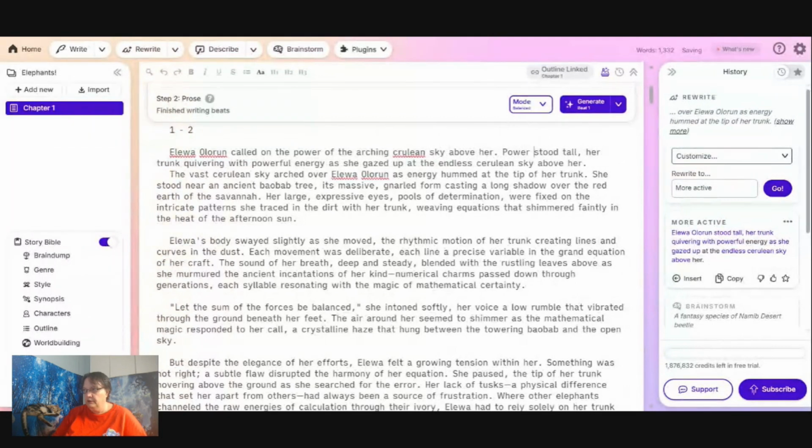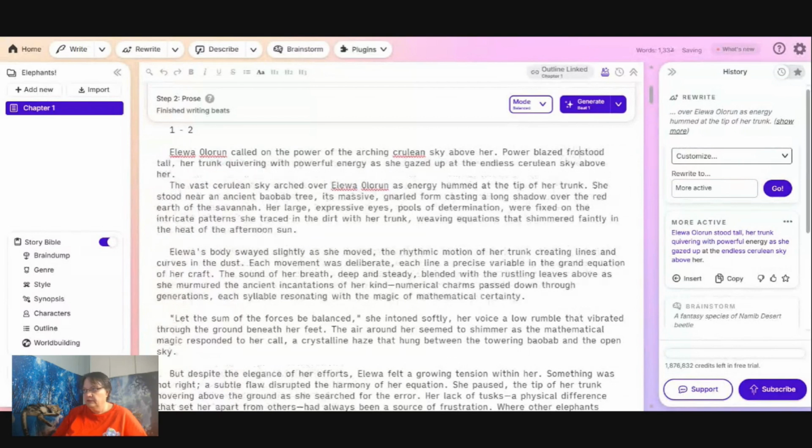Power blazed from that endless source, marching down her trunk in strict